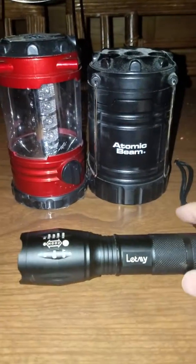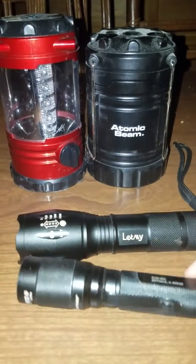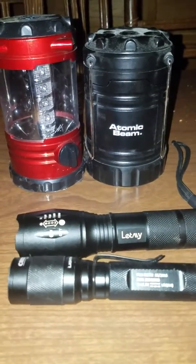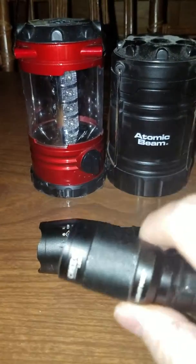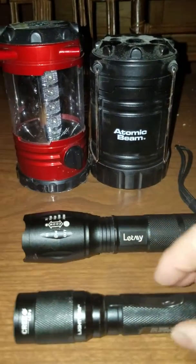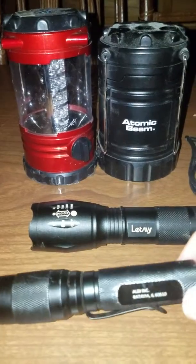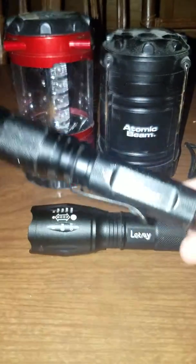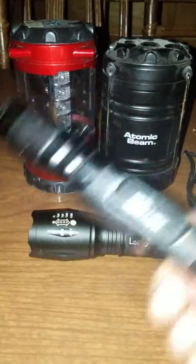Now, these are an example of a huge selection of LED flashlights that you can buy from lots of different places. Now, you notice it says Cree on it. Apparently, that's an important thing to look for because those are the good LEDs. Now, this one I got from this place called Aldi, and they sell them from time to time. And if you happen to be at Aldi's, pick them up because I've had this one